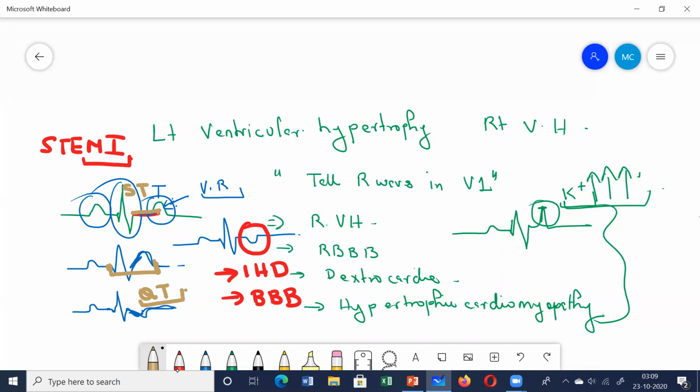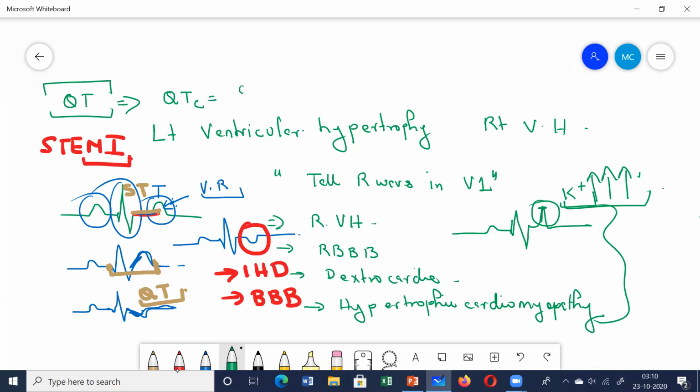There is one more term called the corrected QT interval. The QT interval is important because you must have often heard about QT prolongation. Many drugs cause QT prolongation, and some patients have congenital QT prolongation. Patients with QT prolongation have an increased risk of polymorphic ventricular tachycardia. Suddenly they develop cardiac arrhythmias, sudden death. Therefore the QT interval is important. And there is a term called corrected QT interval, which is derived using Bazett's formula.